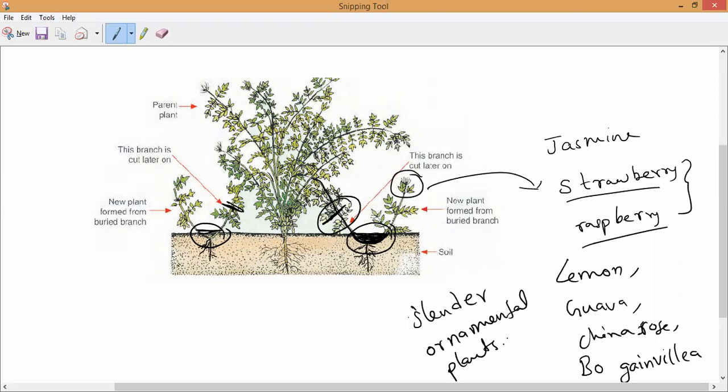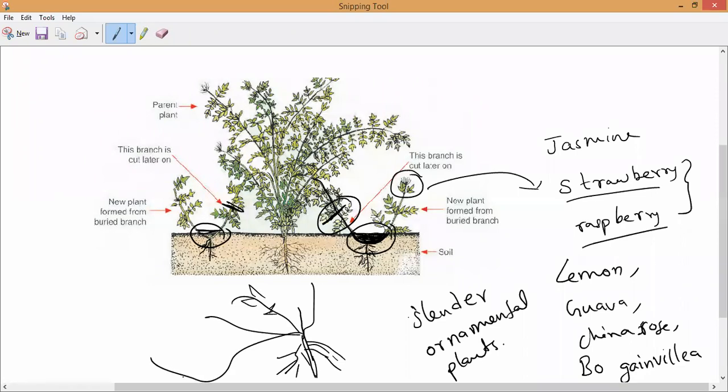So please all of you write layering. You can draw normally: draw some kind of a plant with roots, just for picture perfection. It has different kinds of branches, and one branch you have to take into the ground and cover with the soil.